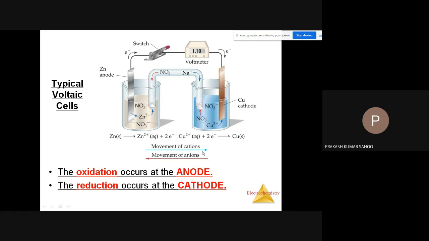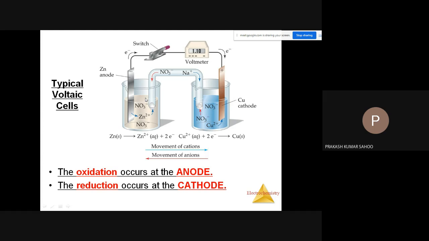gradually we see that this copper plate becomes thicker and thicker, and this zinc plate becomes thinner and thinner. Okay, so by connecting these two parts with one voltmeter, we will have the potential difference of 1.1 volt. And